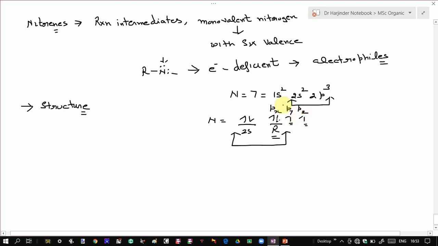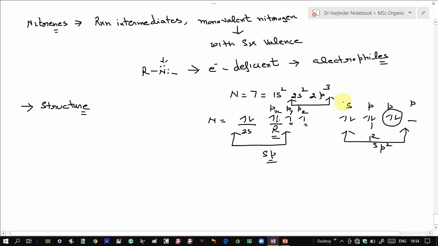The other thing is, this one electron moves into the hybrid orbital like this. So it moves over here, and this p orbital is now vacant, and here is your R. So now it can have sp2 hybridization. So it may have sp hybridization or it may have sp2 hybridization. Now in sp2 hybridization, this non-bonded pair of electrons is present in the sp2 orbital and it is paired, while here both electrons are unpaired and they have parallel spin.